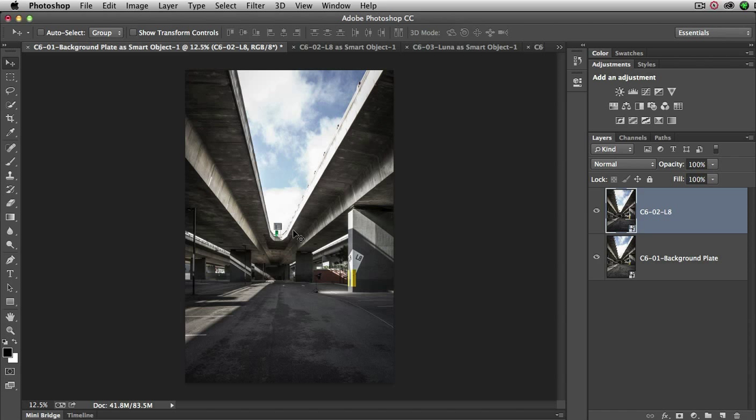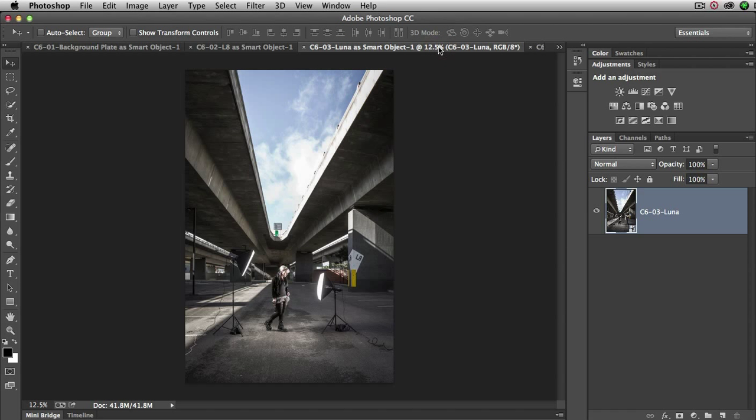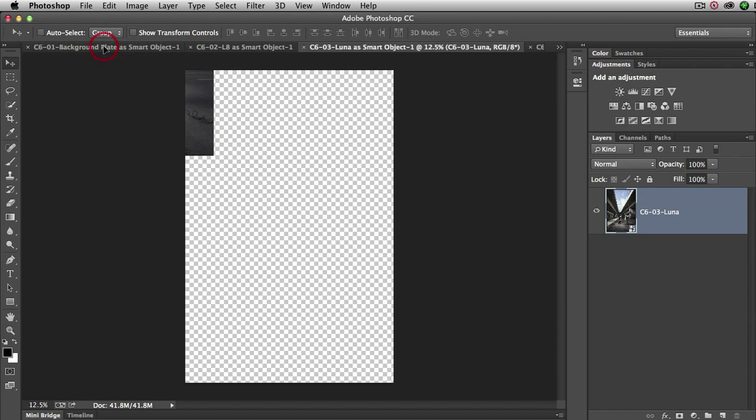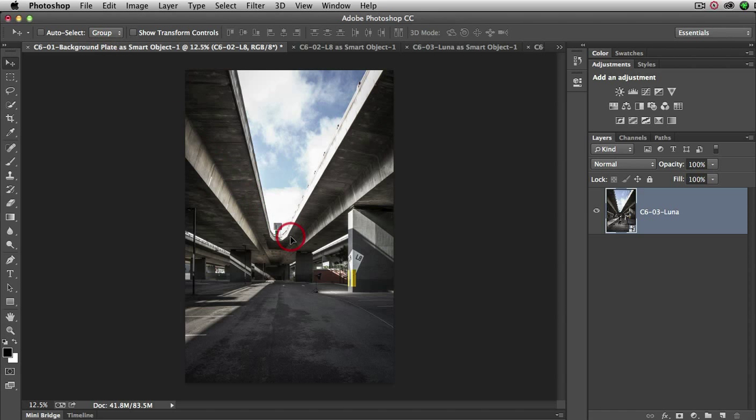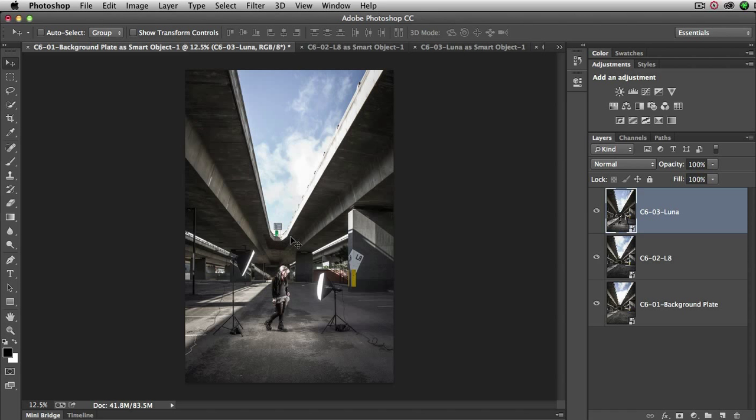This really is the secret to creating this simple composite, is to make sure that the tripod is in a fixed position. It's best if you use a remote release on the camera and try to avoid knocking the tripod during the individual exposures. Okay, and now we're coming up to the next one, which is Luna. Okay, and we're going to, again with the move tool, just click and drag onto the background plate tab, move into the image preview, hold down the shift key and let go, and that will align Luna into this composite